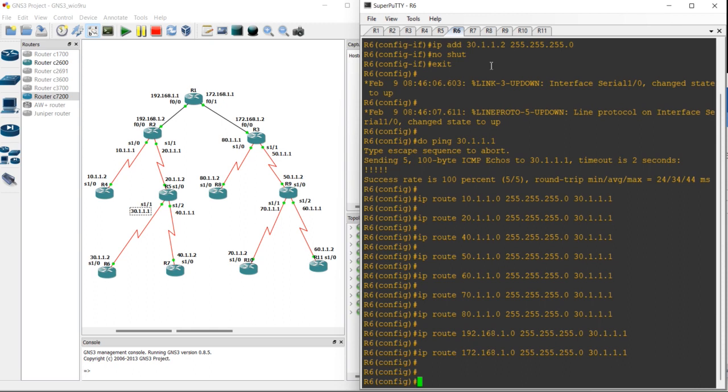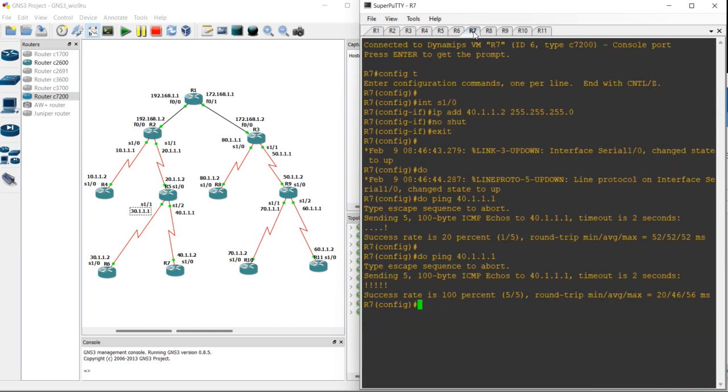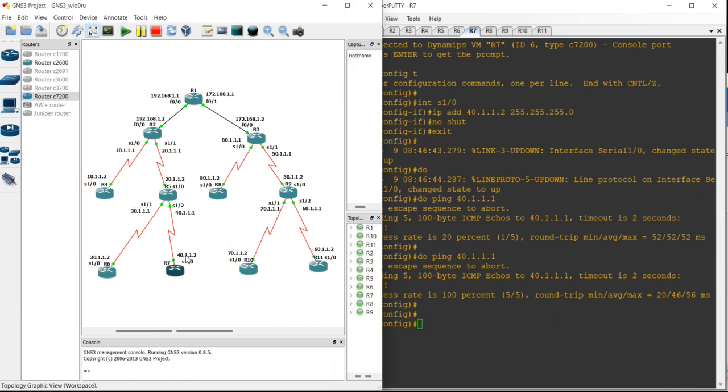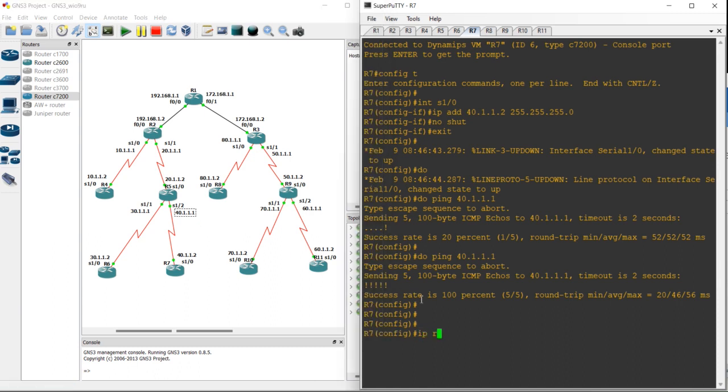Now on router 7. On router 7, directly connected is only one network, which is 40. So the exit IP is 40.1.1.1 for all the other different networks on router 7. Okay. So ip route, first for the 10s network, exit IP is 40.1.1.1, for the 20s network, for the 30s network,